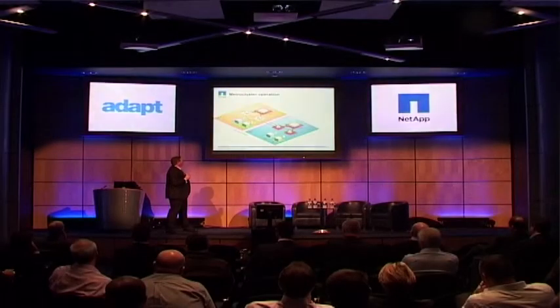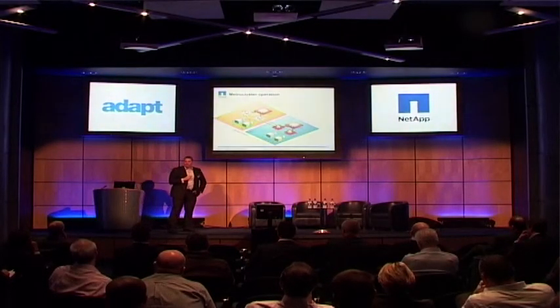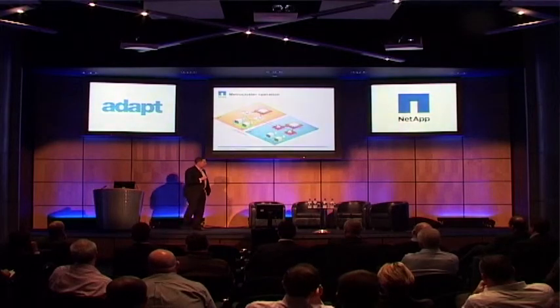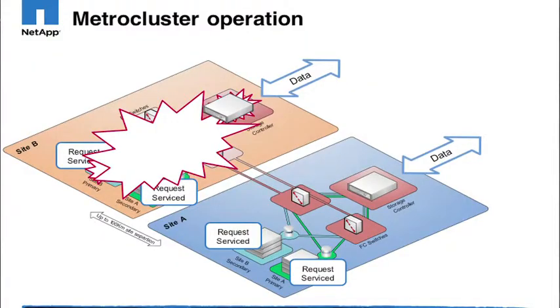So we've talked a little bit about Metro Cluster. Why don't we have a quick look at its method of operation? What this depicts is there's two sites, and they're separated by dark fiber. It can go up to 100 kilometers. I'm not sure of the exact distance yours are, Adrian. And what we're basically doing is taking a NetApp storage controller and stretching it